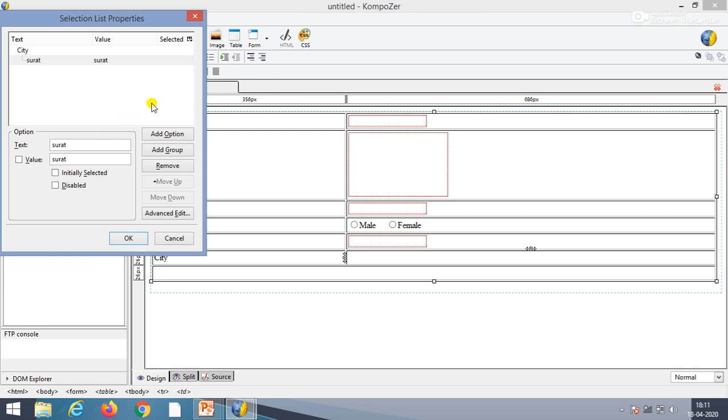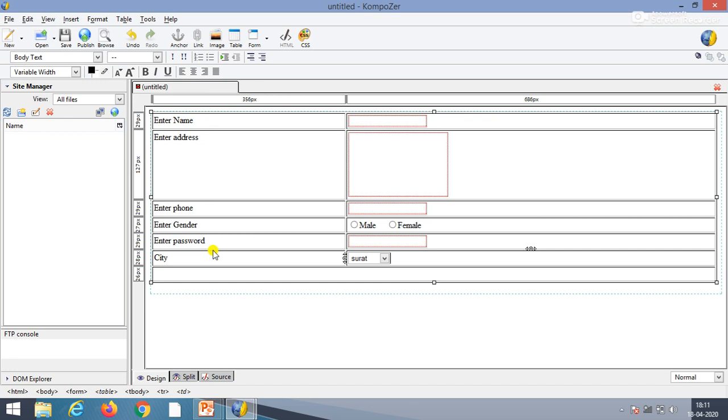First, suppose Surat, then click on add option. Then we will write, suppose, Delhi, then add option, then Mumbai, add option, Bharuch, and then OK. The selection list is inserted.